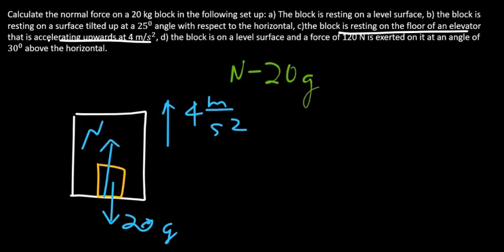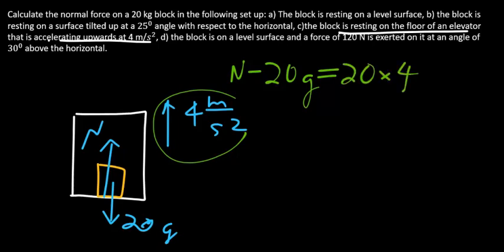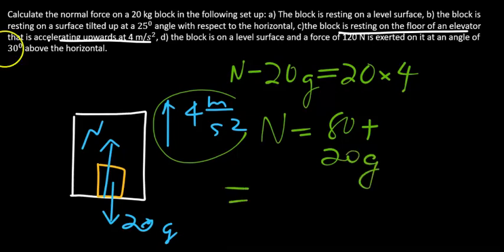The net force is upward because the acceleration of the system is upward. And that equals mass times acceleration according to Newton's second law. The mass is 20 kg and acceleration is 4. So the normal force is therefore 80 plus 20 times gravity,